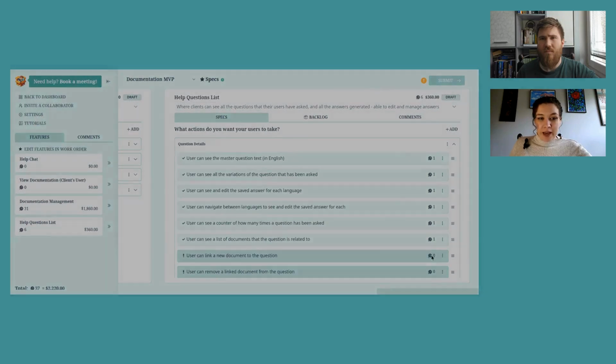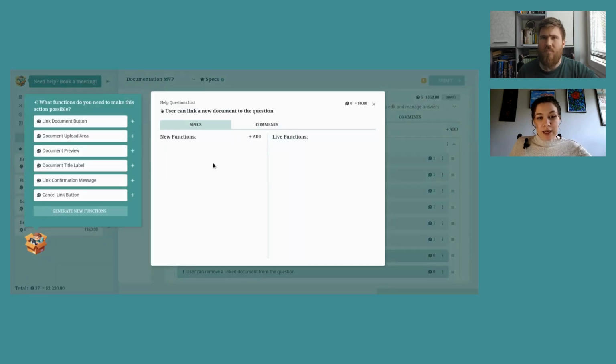And then we have: user can link a new document to the question. I imagine this is most likely going to come from a dropdown for the sake of saving space. So let's pop this in here now. We need a dropdown toggle so we can activate that dropdown, and then the dropdown content so we can open and close it. And then we're going to need a link to select